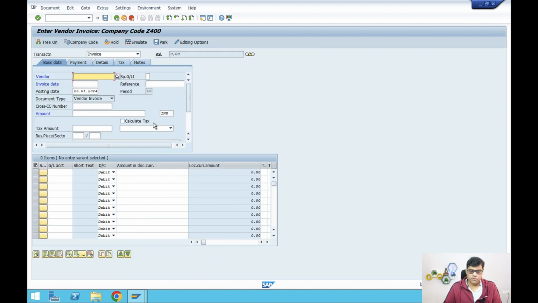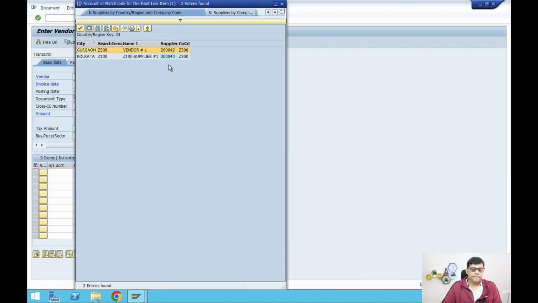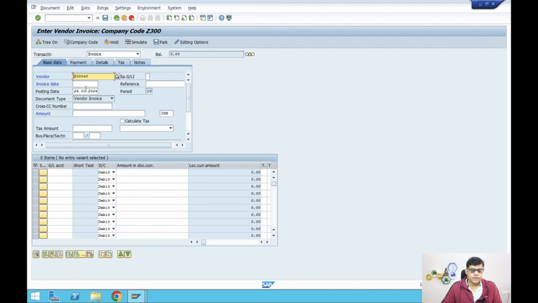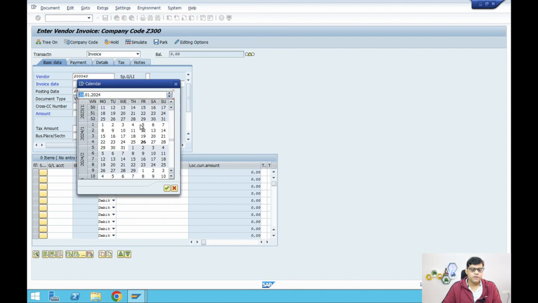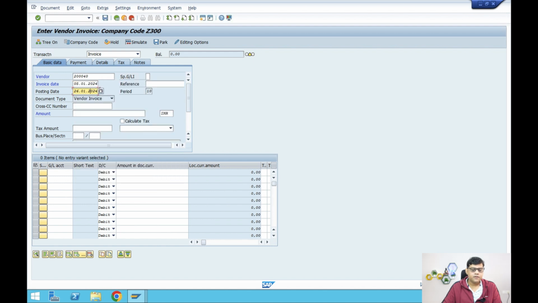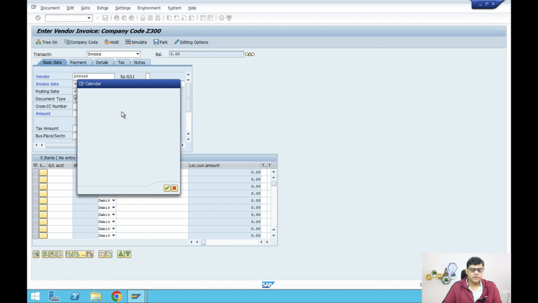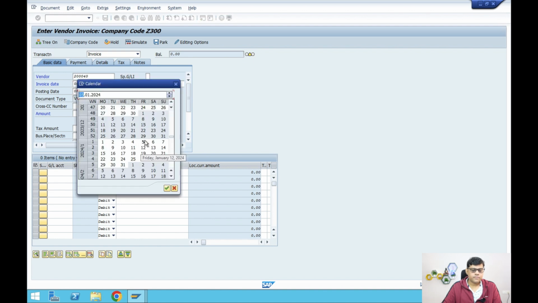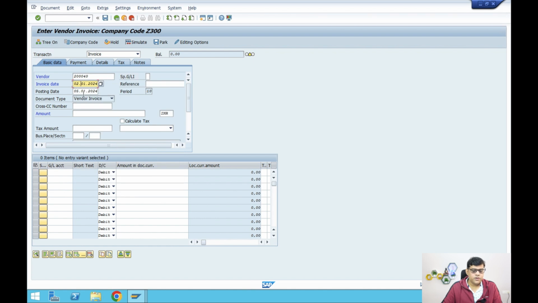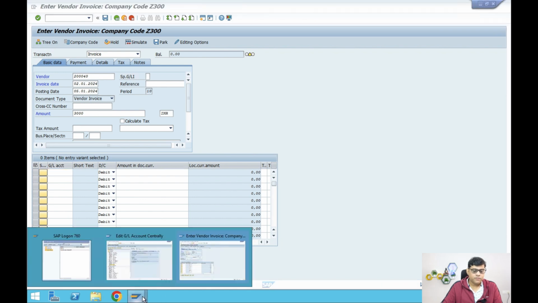I will take the same company code for demonstration. Randomly select one vendor, let's take this one. Let's take 5th January, entry date 5th, and let me take the invoice date as 2nd, suppose. Okay, so the vendor is going to be credit. What is the amount? 3000. You may add the tax and all. Here the debit will not be your expenditure, rather you are going to take your debit amount as prepaid rent. So this one we will take 3016.